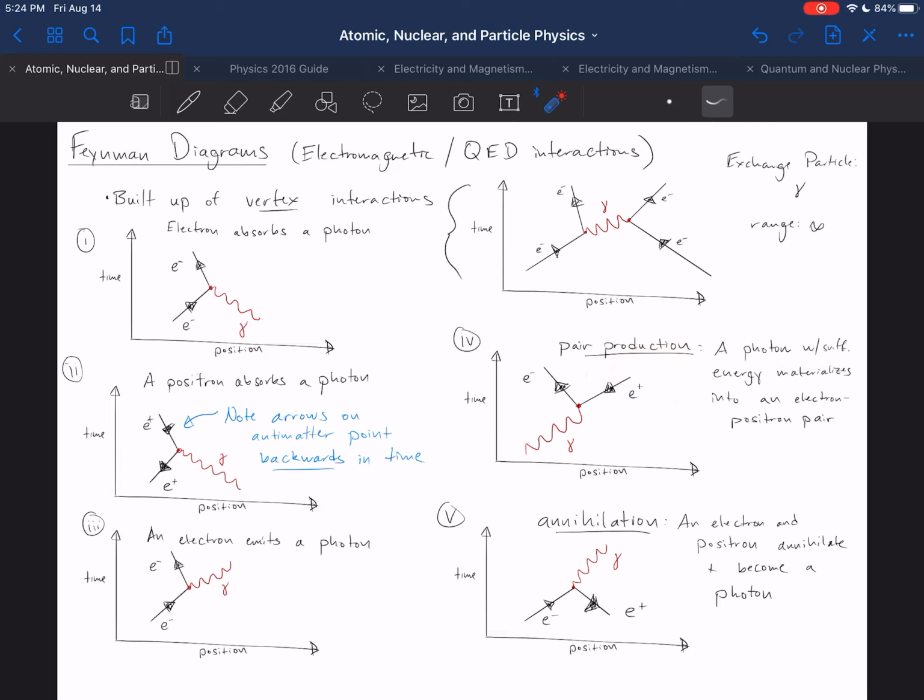Notice that still you have one arrow coming into the vertex and one arrow going out. Notice that this interaction obeys conservation of charge. So before the interaction, it's neutral, and then after the interaction, it's also neutral. And you can see that this involves the straight-up production of two particles here, an electron and a positron